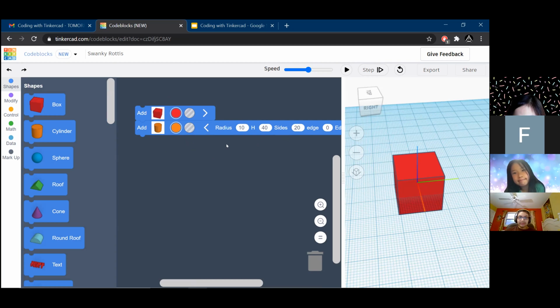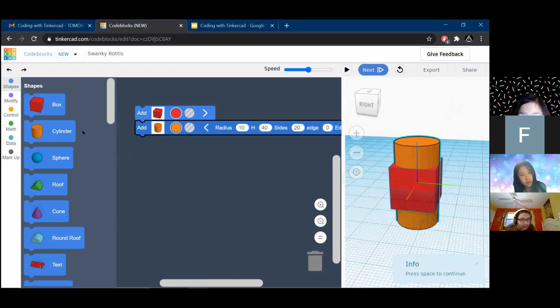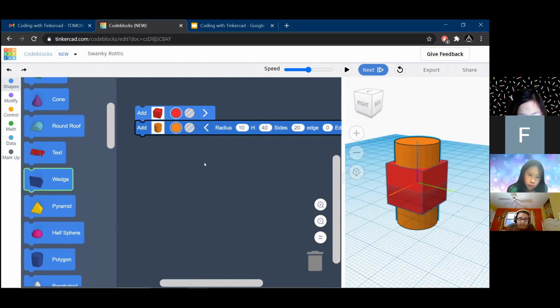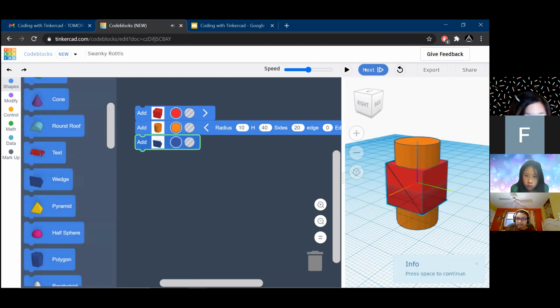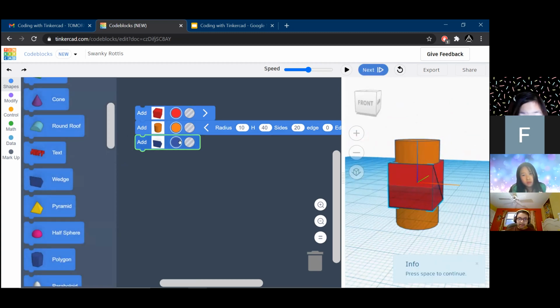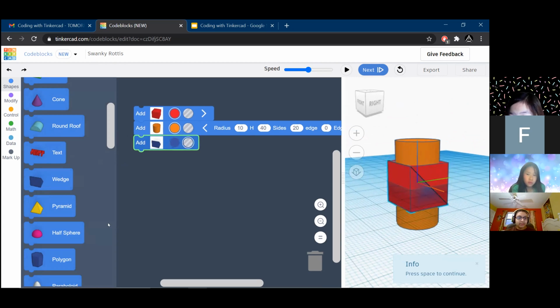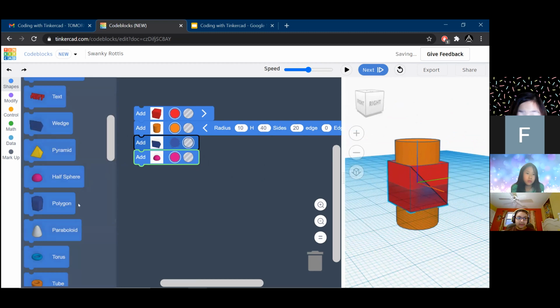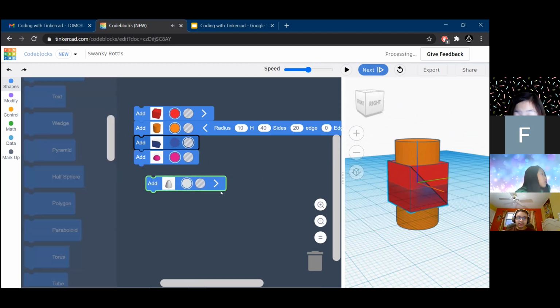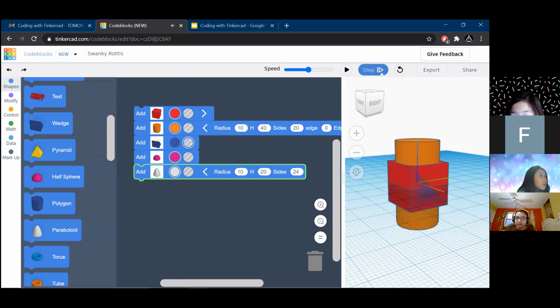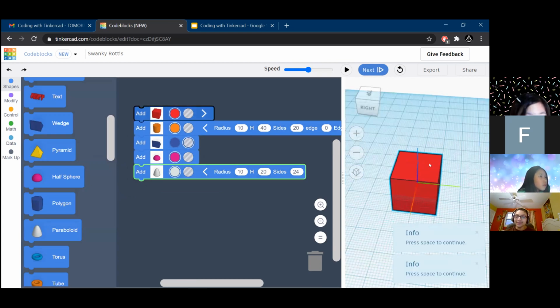Okay, so we have the cylinder here, right? That's going to be a little bit taller. Now, if I step through the code, what that means is it's going to run it one line at a time. So we step first by making the box, then we add a cylinder that's much taller. By doing this, we can add in a whole bunch of different shapes. So we can add, let's say, a half sphere, a paraboloid, all these different shapes, and they would all get added. They're all the same size, so you can't tell.